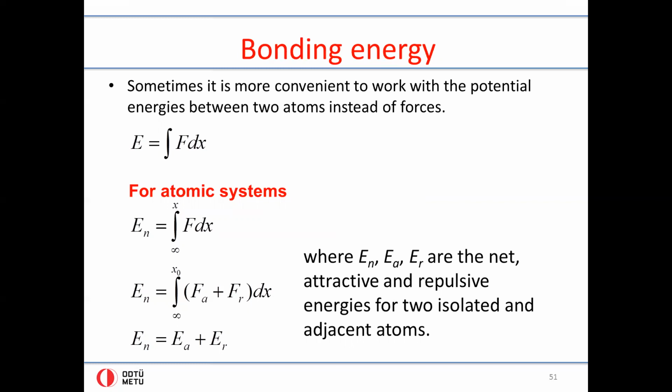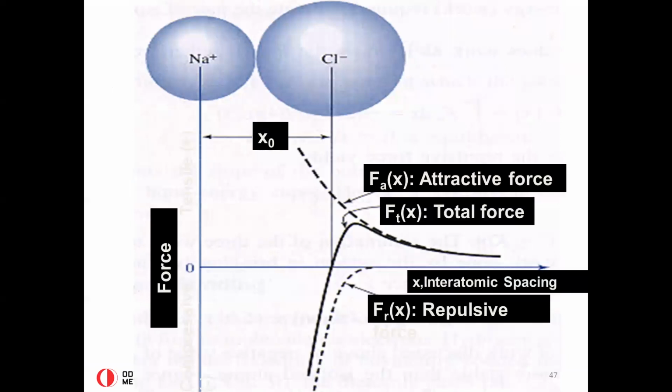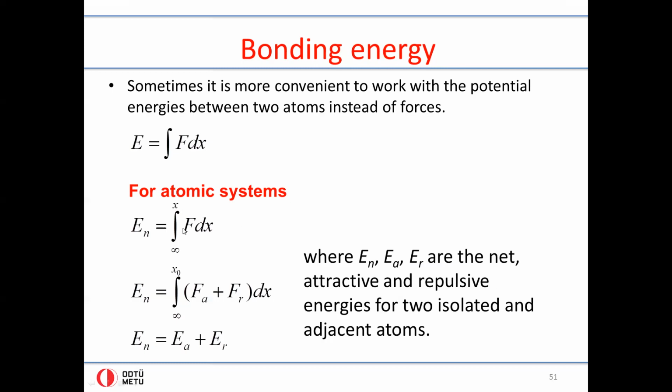So for an atomic system, the net energy is generally described from infinity, a value of infinity for x, until a specific value for x. So you might think of this as, again, on this graph, infinity is in the plus x direction, and a value of x is at any random point on the horizontal axis. So from infinity to a value of x, F times dx integrated gives you the energy required for this distance to be covered by the two atoms, for this much separation, or this much coming together